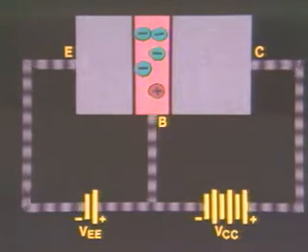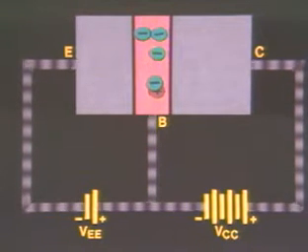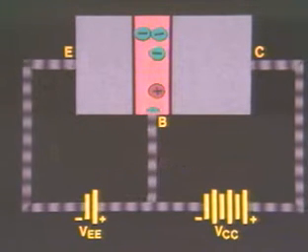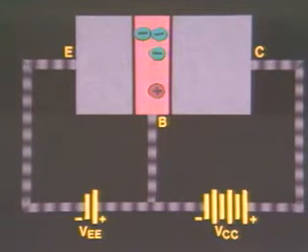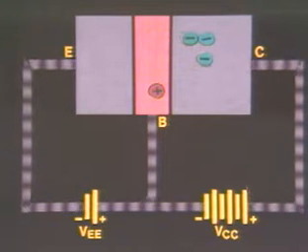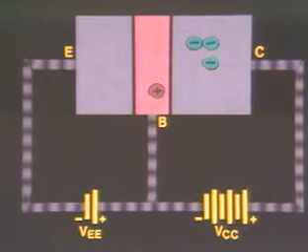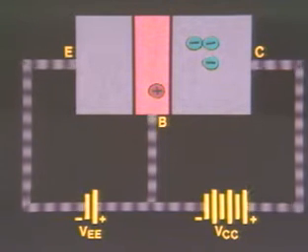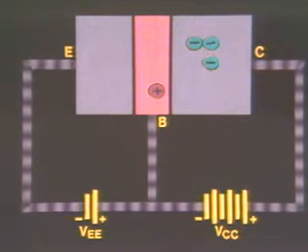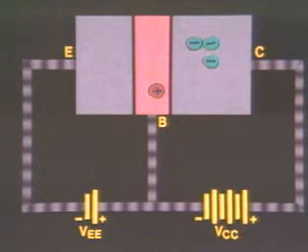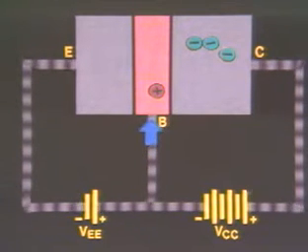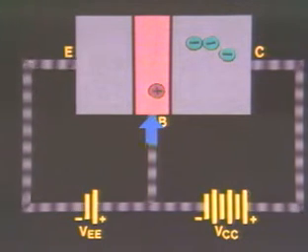Some of the large number of electrons combine with the few holes in the base, causing a small base current, I sub B, to leave the transistor. Over 98% of the electrons cross the reverse-biased collector-base junction and enter the collector region. The high resistance of the reverse-biased junction is easily overcome because most of the electrons have no holes to combine with in the base region. This will occur in all bipolar transistors because the majority carriers in the heavily doped emitter always greatly outnumber majority carriers in the lightly doped base.